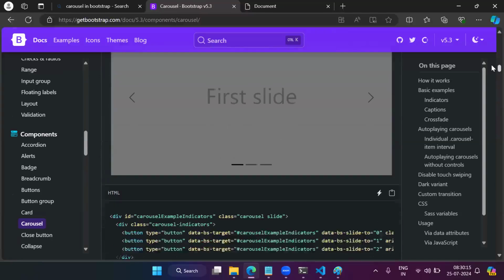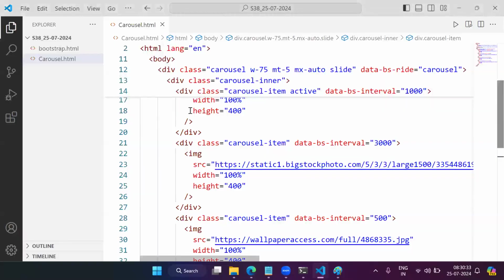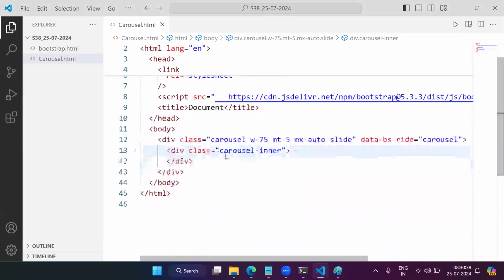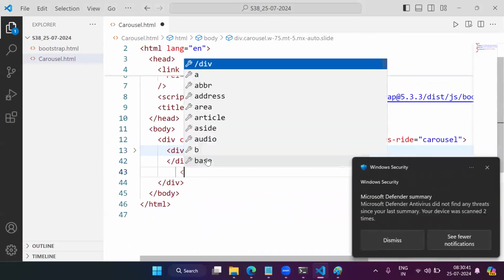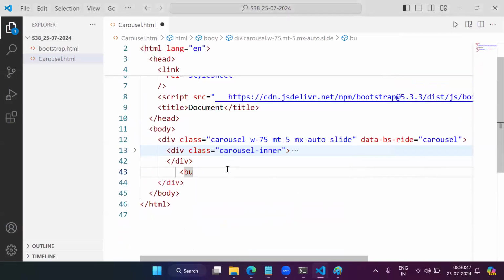Now, if you want to add these indicators, what is the first thing you have to do? First, you have to take one button. To that button, we have to add a class called carousel-control-prev. So outside this carousel-inner, we can take one button, and to this button, we have to add a class called carousel